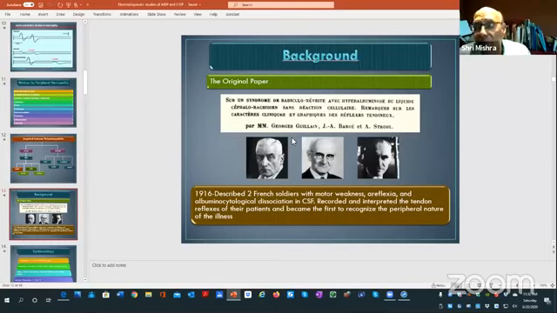Guillain-Barré, Guillain and Barré, they were third-year medical students in 1916 in France, and they described an immunocytological association to